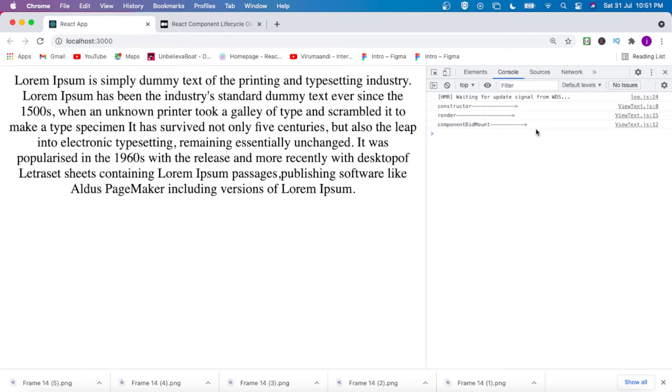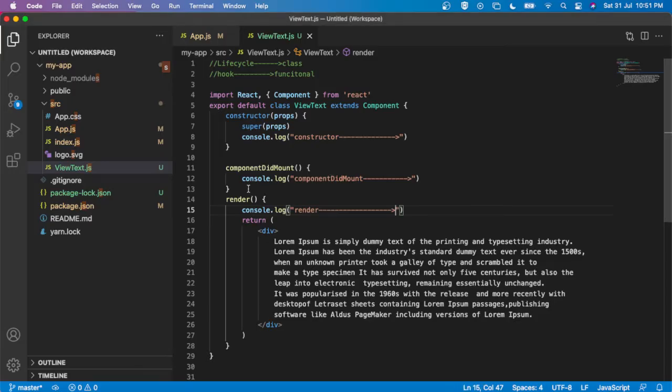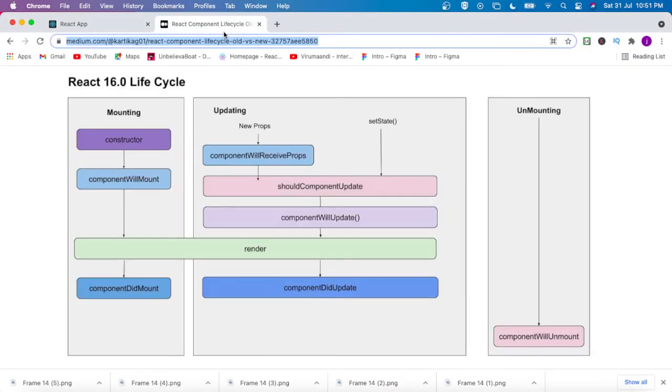So these lifecycle methods are used to manage the data inside a component. According to our requirement we will use these lifecycle methods. Most of the time all the APIs are called in component did mount. Now I am going to describe the updating lifecycle. Here I am not using props, I am using state. So we can use should component update, render and component did update.